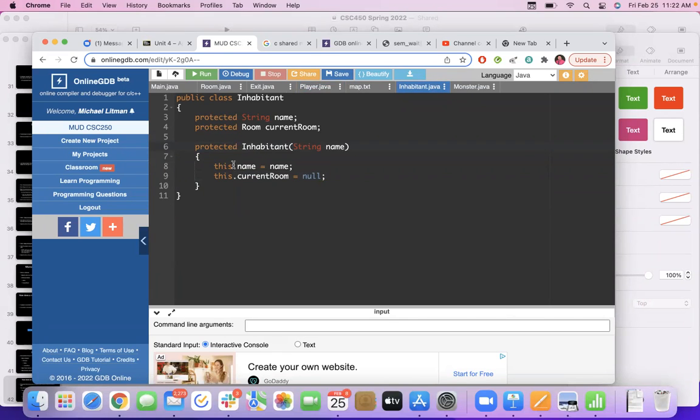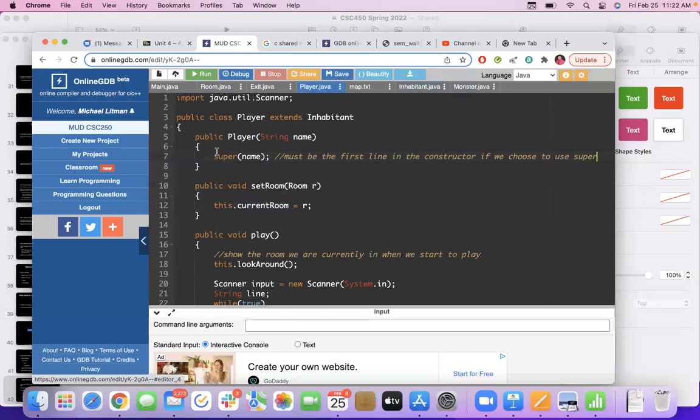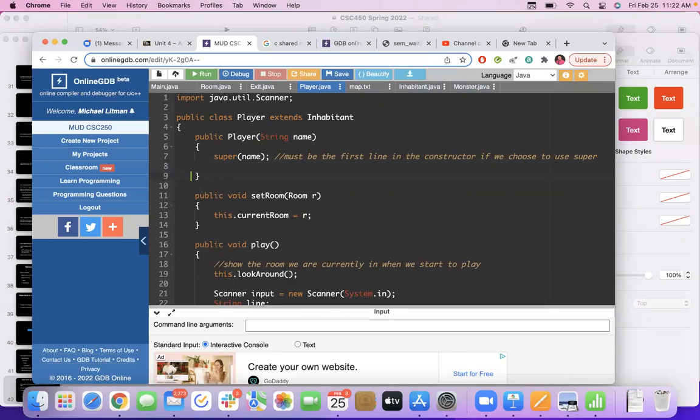The children of the inhabitant class can call upon that constructor. Notice they're not saying inhabitant here. They refer to their parent using the keyword super. This syntax, where you just say super followed by parentheses with whatever parameters are required, is the specific special case of using the super keyword to call your parent's constructor. This is distinctly different than something like